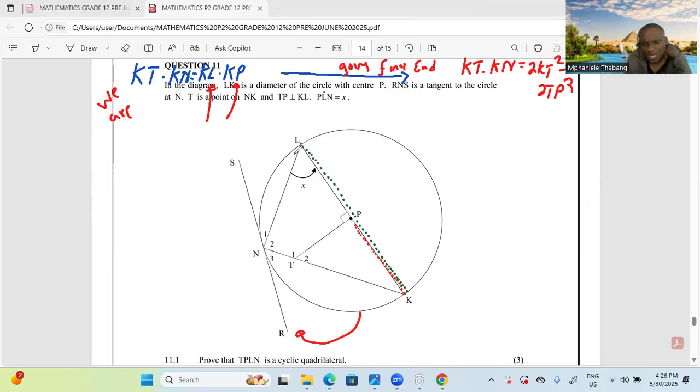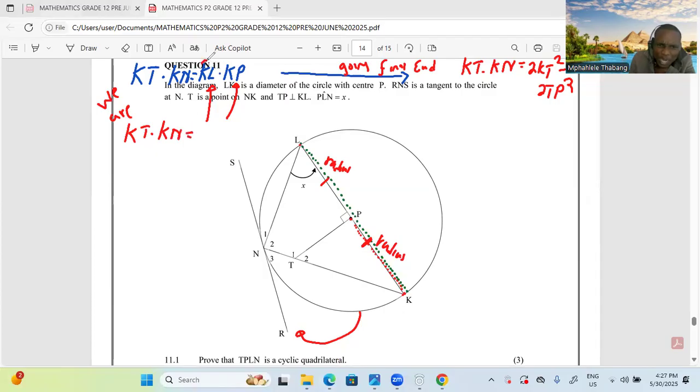Okay, what we notice here is that this KP is equal to LP. These are the radius of a circle. The line from P to the circumference L is a radius. A line from P to the circumference K is a radius. So PK is a radius, PL is a radius. So what I'm going to do now, I'm going to say, okay, KT times KN equals